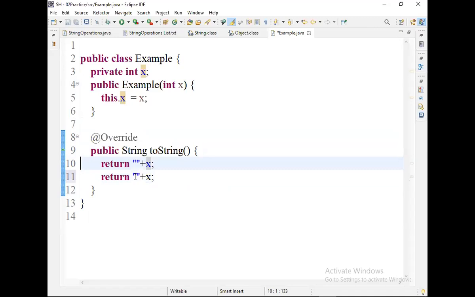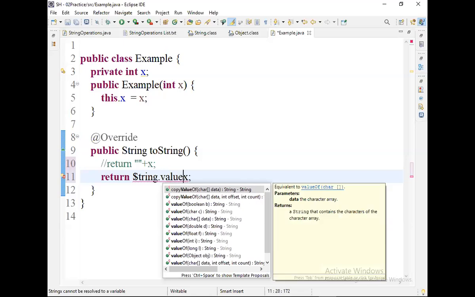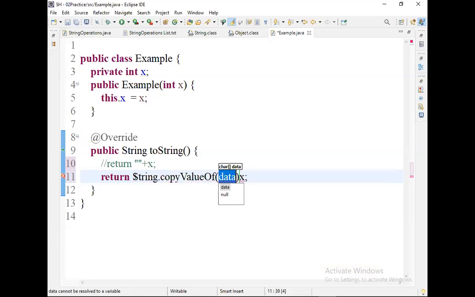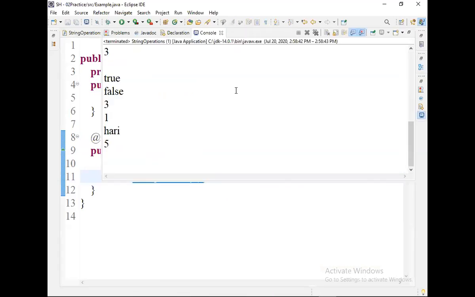Another way: we have the String class, where there is a method called valueOf. The String valueOf method takes any type of value as an argument, converts it to a string and returns it, so we'll get 5.